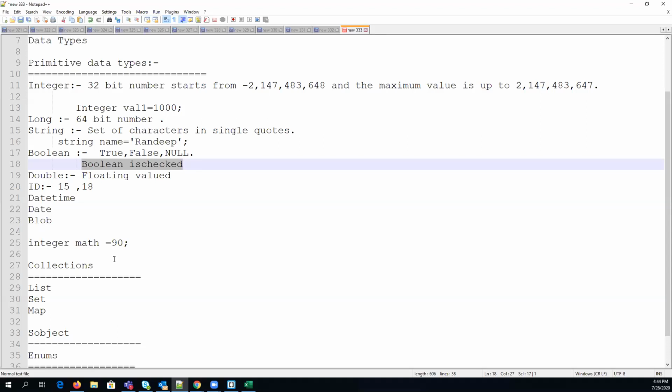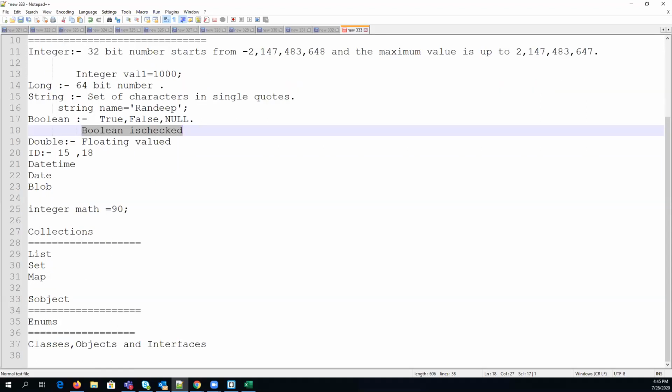Okay, and the next one is enum. Who will explain enum? The constant value, like seasons, like winter. Absolutely right. It is an abstract data type, right? An enum can store constant values.